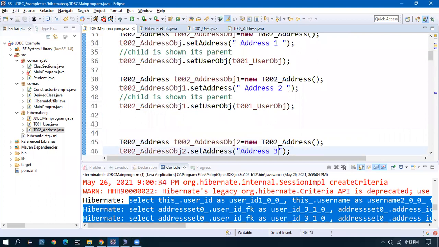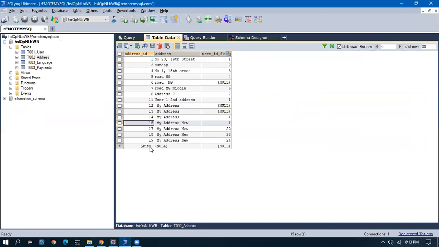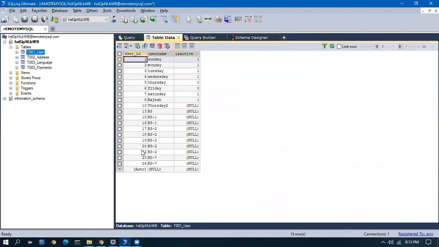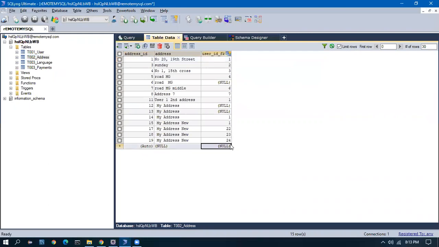So what should happen? 1 insert into the user table, 3 inserts into the address table with the same user ID, the last inserted user ID. So here 20, 21, 22, 3 records should be inserted, and 25 is the user ID. So for all the 3 address IDs, 25 should be the user ID here.